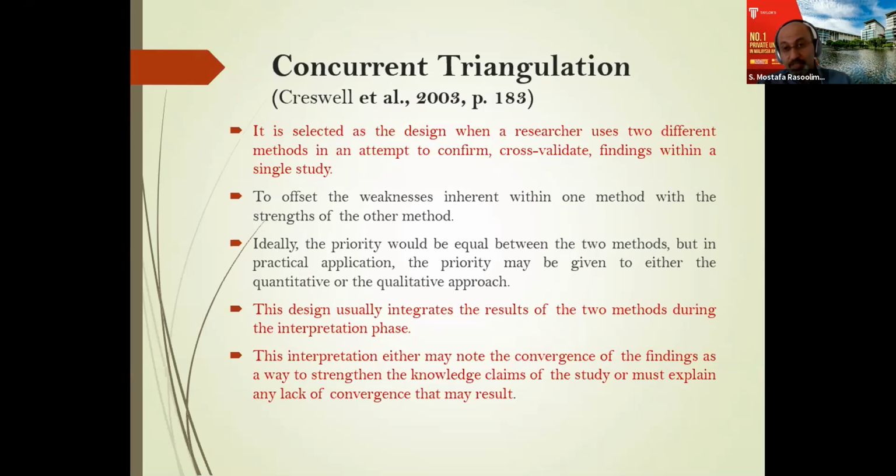So based on the purpose of research, this concurrent triangulation can be applied, and the result of qualitative and quantitative can be interpreted in the discussion. So we don't need to wait for the result of one method to go for collecting data for another method, right? So this is concurrent